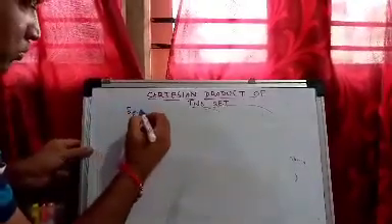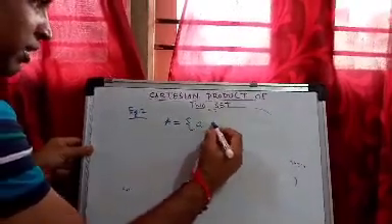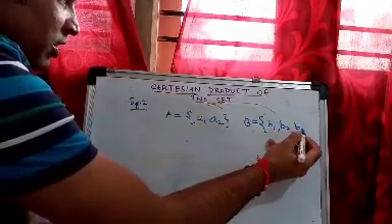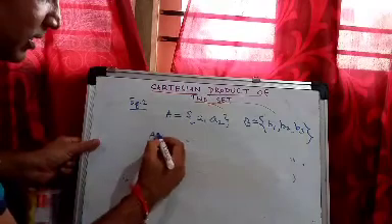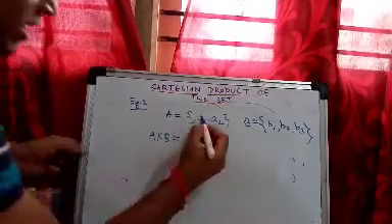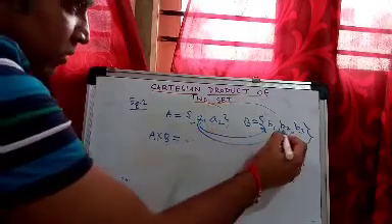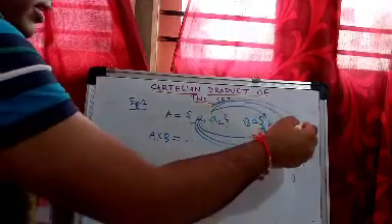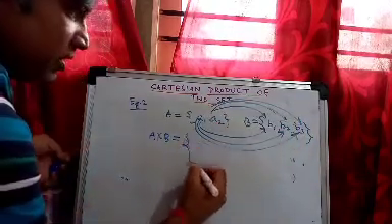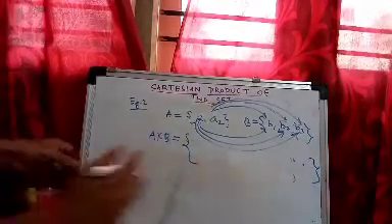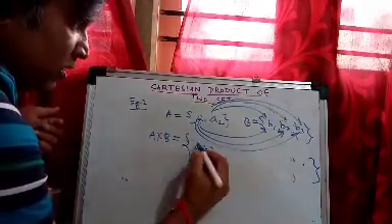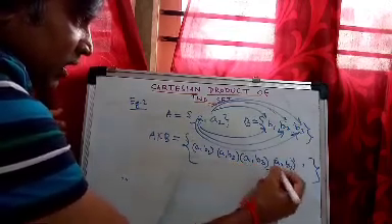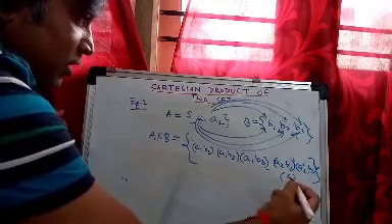Now we'll take two examples. Suppose this is example number 2. Suppose A is a set having two elements A1 and A2, and B is a set which has three elements B1, B2, B3. What is the Cartesian product A cross B? We have to take all pairs. So it is very simple. First place two brackets, then write all ordered pairs: A1 B1, A1 B2, A1 B3. Similarly, you write A2 B1, A2 B2, and A2 B3.